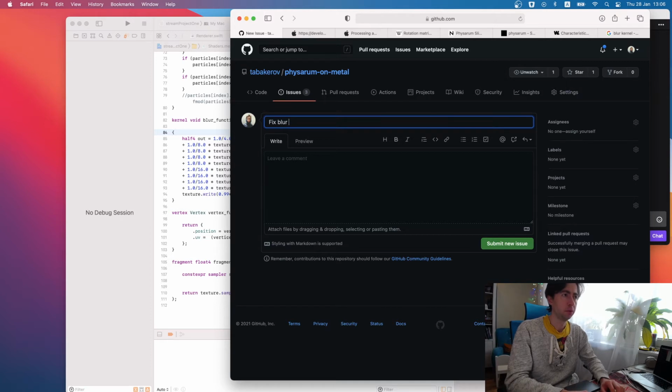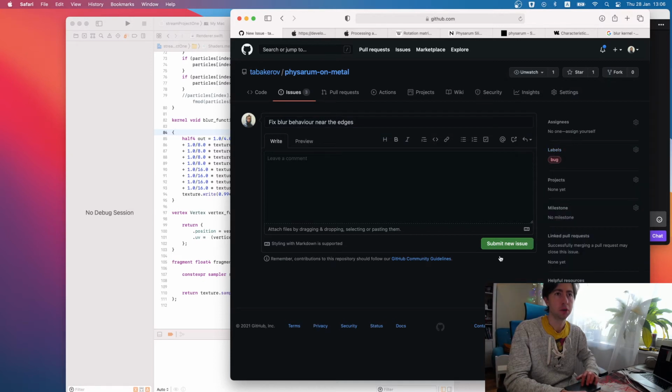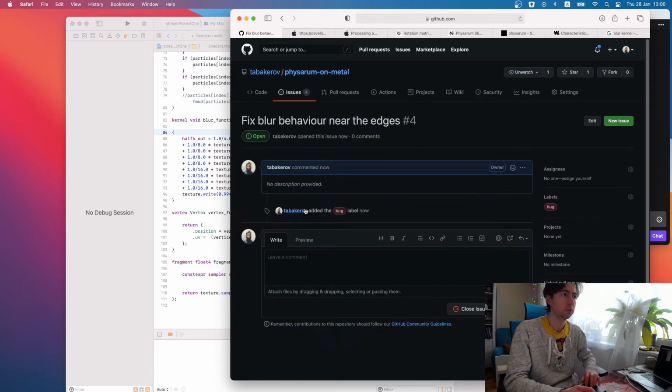Fix blur behavior near edges. This is a bug. Okay. So let's assign it to myself.